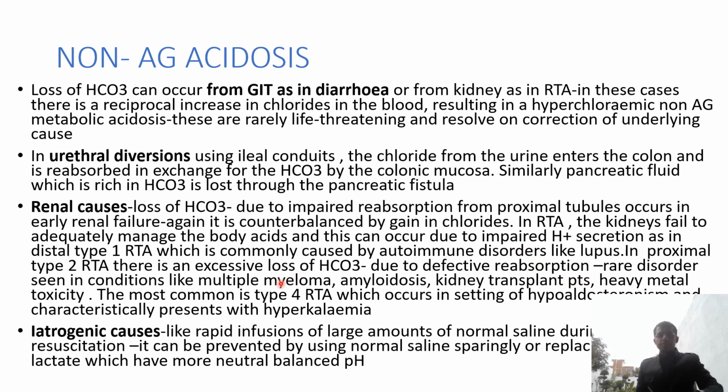In proximal type 2, there is excessive loss of bicarbonate. So both types will result in acidosis, but the mechanism is different. So type 2 is seen in conditions like multiple myeloma, amyloidosis, and kidney transplant patients having hepatotoxicity. The most common type of renal tubular acidosis is type 4, which occurs in settings of hypoaldosteronism and characteristically presents with